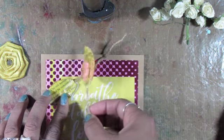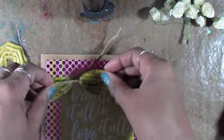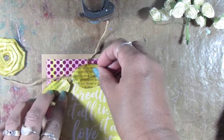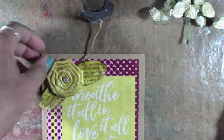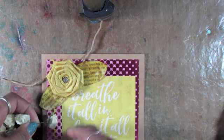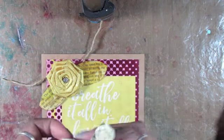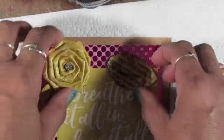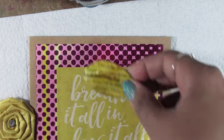So we want to make sure we can still read our words. So I'll put it kind of like that, and kind of like that. And then some of these around, kind of starting here and going down and starting here and going there. But I'm going to spray them pink. So I cut the twine off the ends because I don't really need it. And I'm going to go ahead